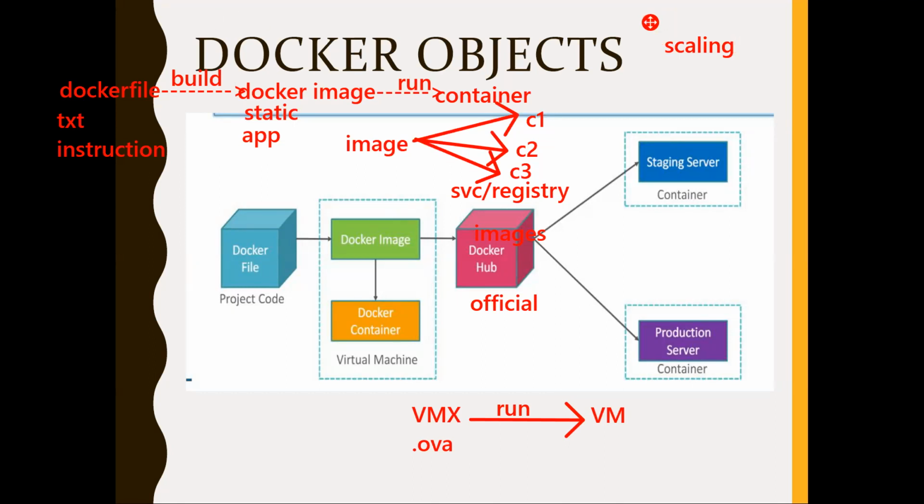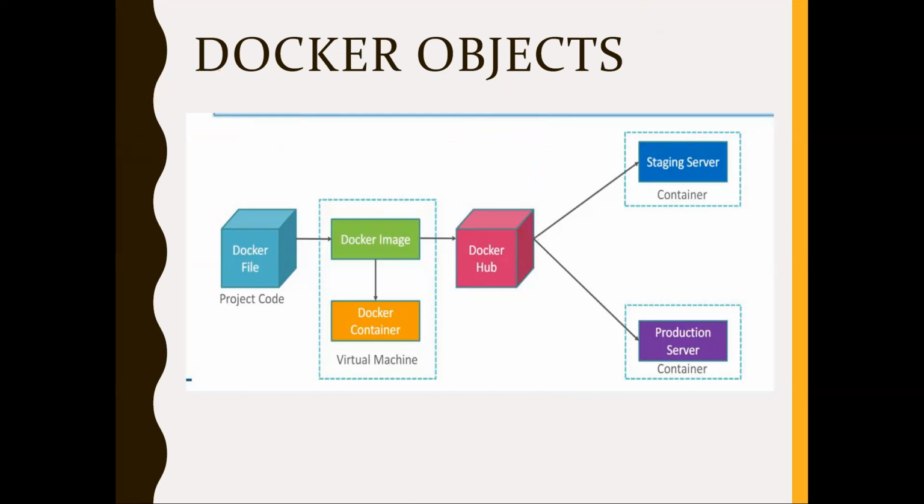These are the different terms or terminology you have to understand: Dockerfile, Docker image, Docker container, Docker Hub. I'm repeating, Dockerfile is the basic or the fundamental unit from which an image is created. You build it, you get an image. You run that image, you get a container. You can also store those images on Docker Hub. Docker Hub is a registry, a storage place for your Docker images.